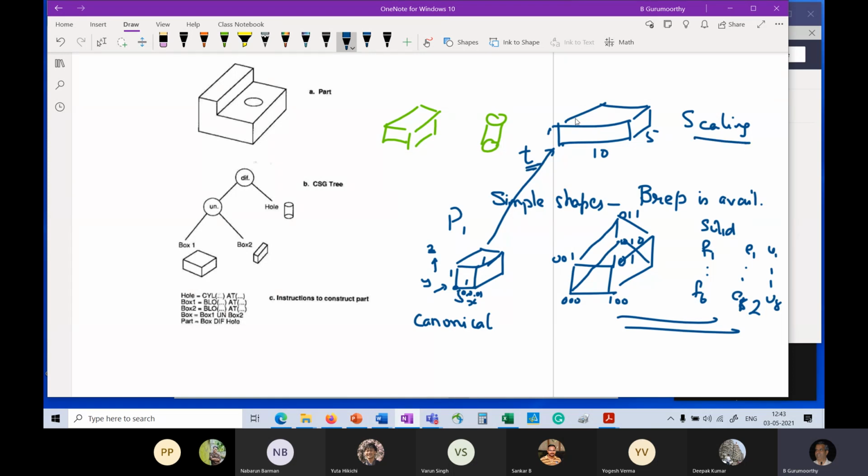Of course, for a more complex example, you could also have had a rotation, right? To get a part that looks like this. If you want a part that looks like that, you can locate it there, scale it, and then rotate it, and you will get the part that you want. So the point I want to make is that you have a primitive and you have to transform that primitive.